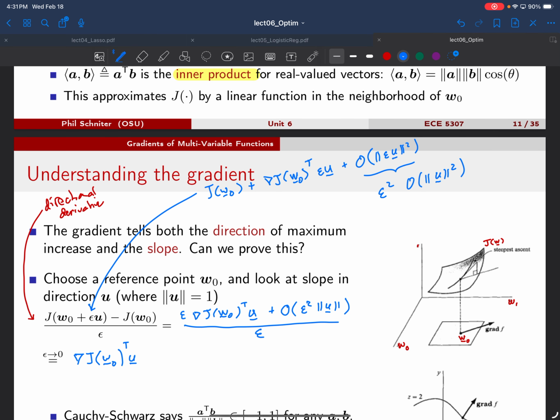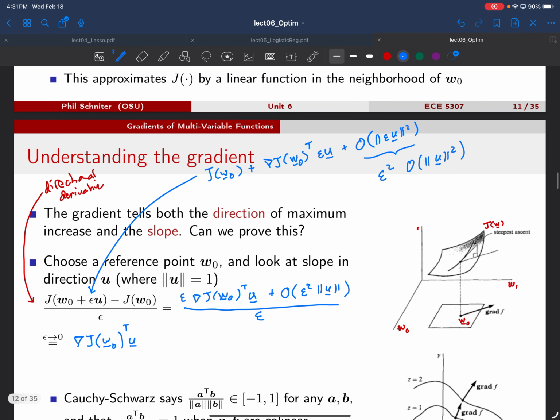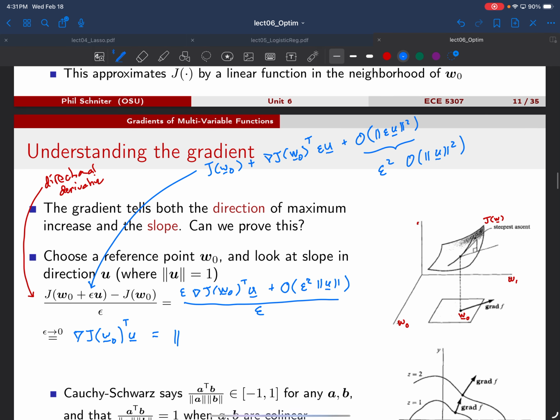Okay, is everybody good with that? Now let's write this in a slightly more complicated but maybe more intuitive way. We're going to write it as the norm of that gradient transpose u times a fraction, which is going to, in the numerator, be that gradient transpose u, and then in the denominator, it's going to be the norm again